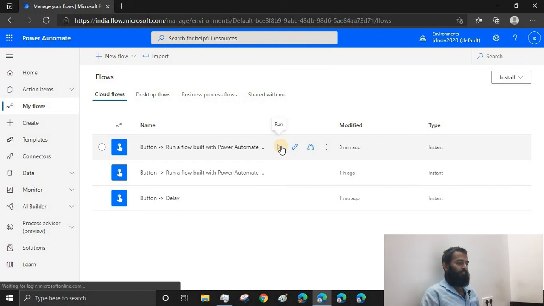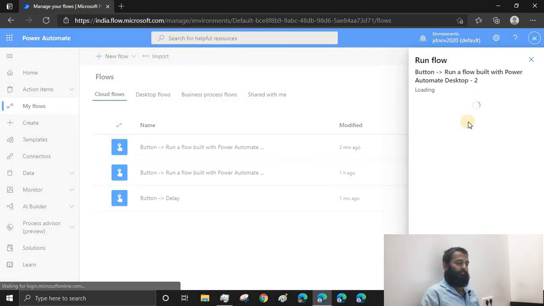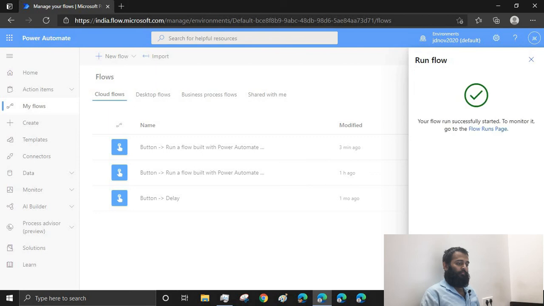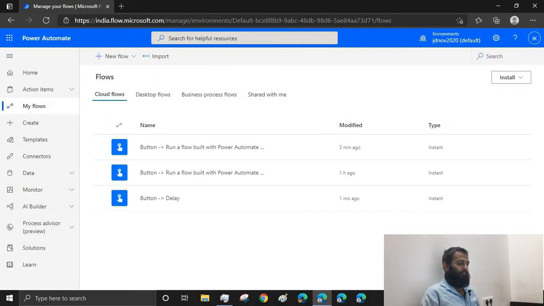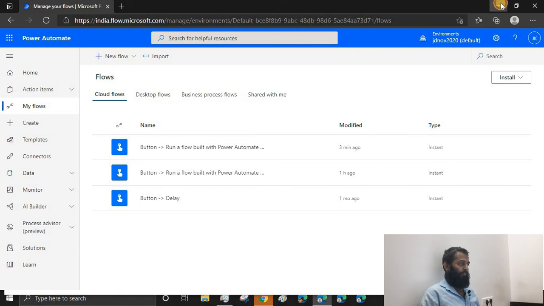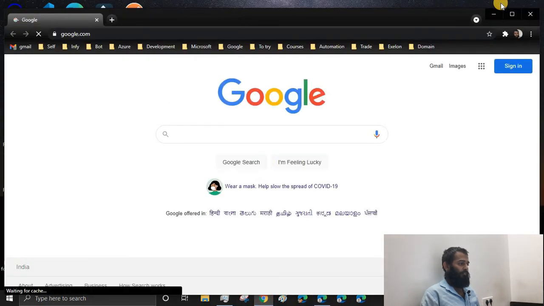Just click on run. Okay, that window is open in the background. Let me minimize that one.